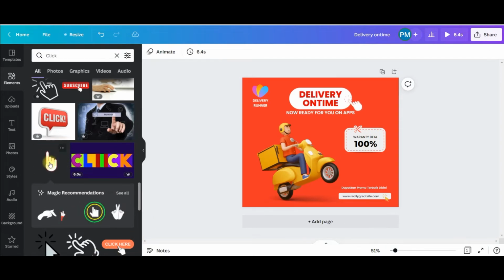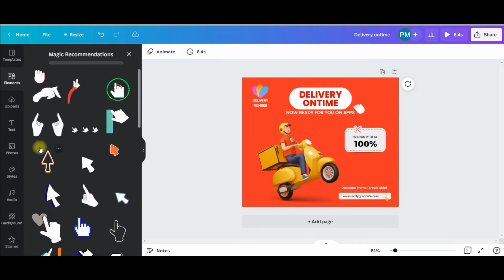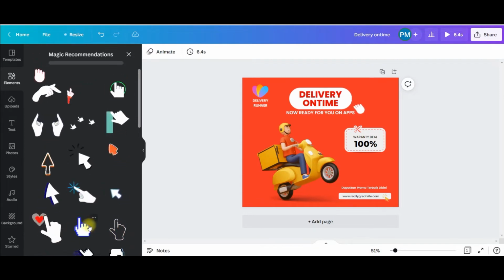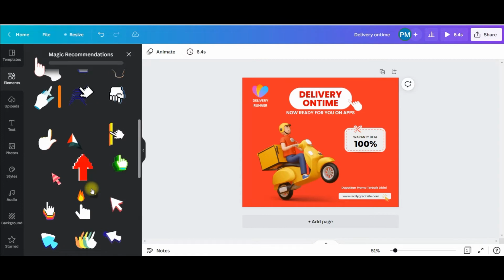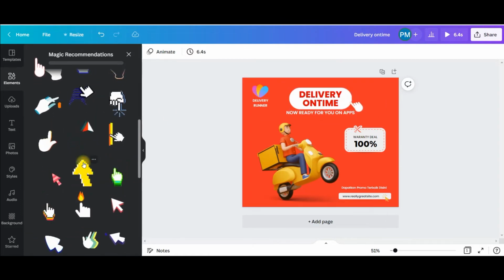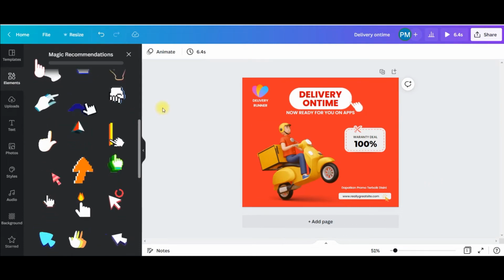Now, as soon as you choose one element, you get many suggestions. That's the best option for us to choose the right one. So I can get many other suggestions. I can take this one as well, and if I go to see all, I get a whole different type of animated click options here, so you can choose from here as well. For me, this is working really well, so I'm not going to go for any other option from here whatsoever. So this is one way to do animation.